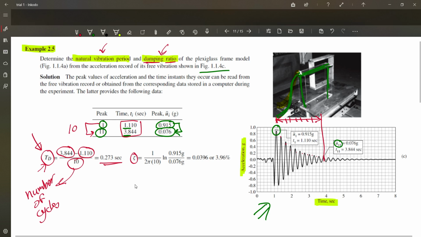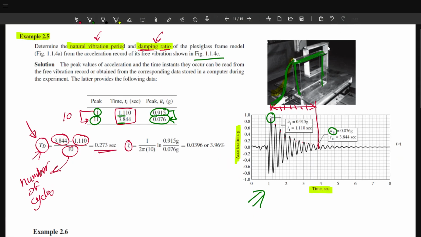in this equation, which is going to be 1 over 2 pi n, this is n in our case, ln, this is u double dot at 1, for example, and this is going to be u double dot at 1 plus 10, which is n in our case. Then we know this, and we know everything here. So the damping ratio is going to be